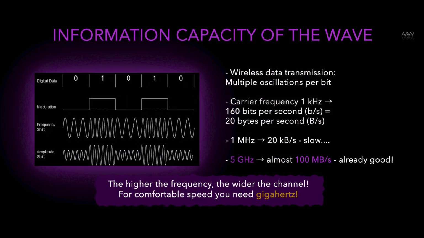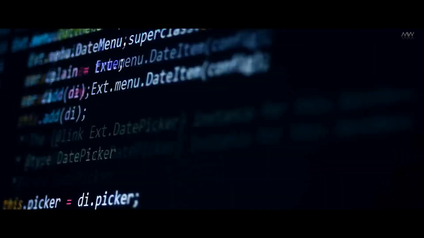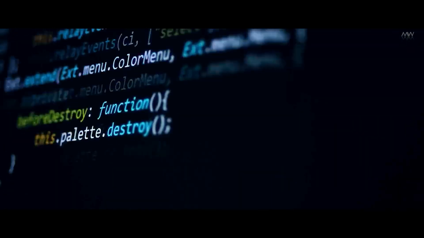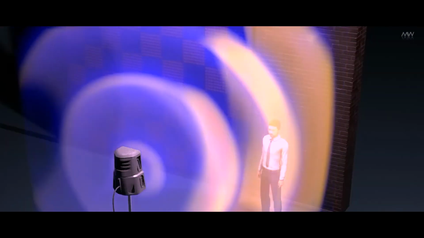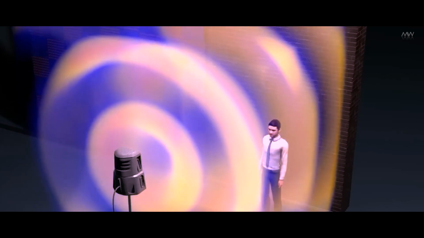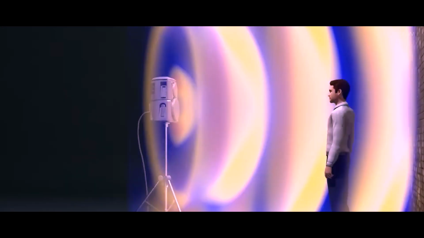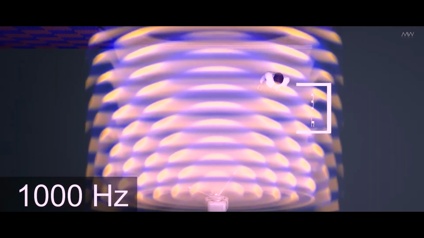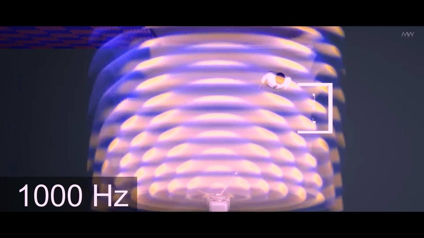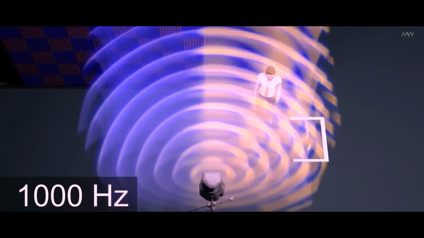So in order to encode even one bit, you need at least a couple of oscillations, at least a few oscillations. And now let's imagine how the speed of information transmission depends on this carrier frequency. If you have a carrier frequency of an electromagnetic wave of 1 kilohertz, that is of course very small. So 1 kilohertz means 1,000 vibrations per second. Let's divide by 6 to use 6 periods for 1 bit. We get 160 bits per second, which is 20 bytes per second. That's very little. It can only be an SOS signal you have time to send, and that's it.